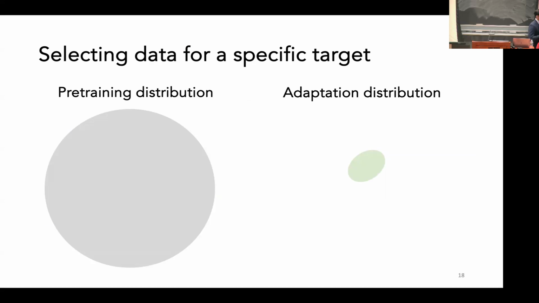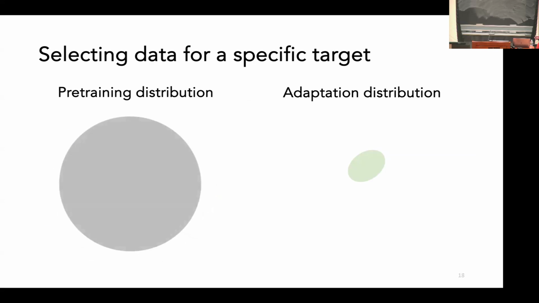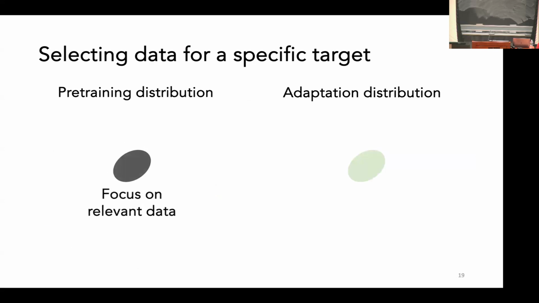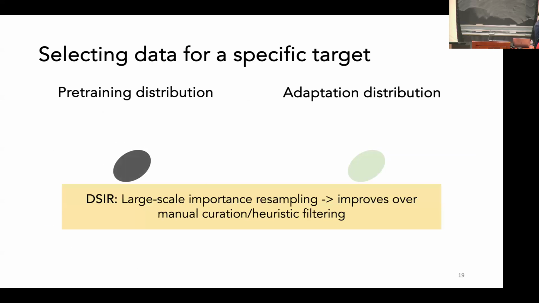And in this case, we'll also reweight the pre-training distribution, but we'll do so in a way that focuses on the relevant data for this target adaptation distribution. And I'll introduce an algorithm, DSIR, which is a large-scale data curation algorithm that leverages importance resampling and improves over both manual curation and heuristic filtering methods.